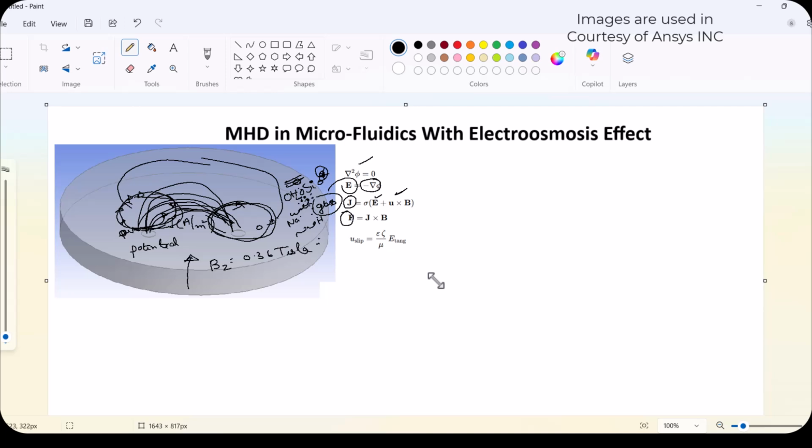So this is predominant only in the microfluidics or nanofluidics. So near to the wall there will be OH minus and SiO plus, maybe it can be any other material also. I'm taking the glass right now. So these two ions will be present, and this ion will not get settled due to the Brownian motion. It will move here and there, right? So due to this reason, any fluid which is present near to the wall will not have zero velocity, right? So instead of having zero velocity, it will have this kind of velocity which depends on the viscosity, zeta